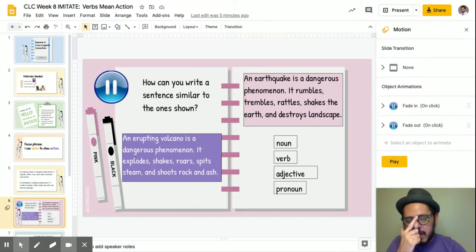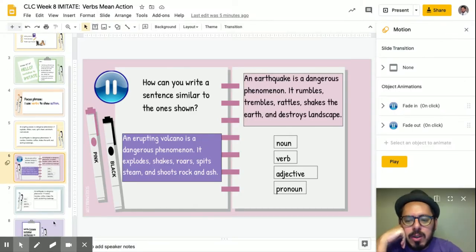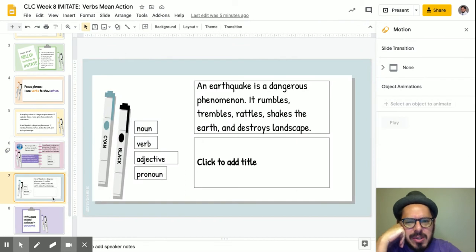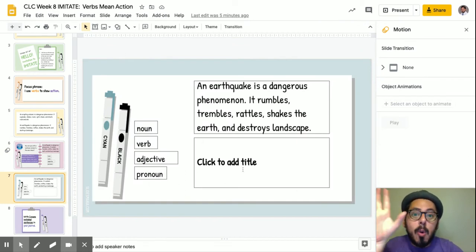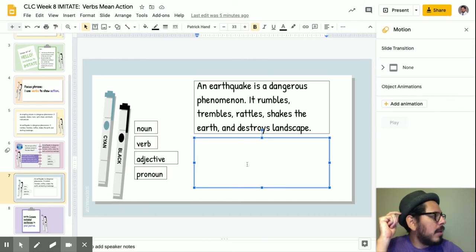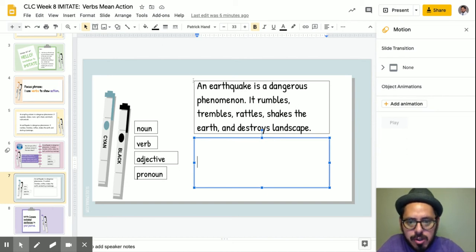I didn't write the word article here. So this is what I'm going to do. Now, I'm a little bit bored. I don't want to talk about natural disasters anymore. It's kind of scary. I'm going to write about my cat. I'm going to write an article first, just like this one. But since the noun doesn't start with a vowel, I don't have to put the letter n. If I write "an cat," it doesn't make sense. So I'm going to say a cat